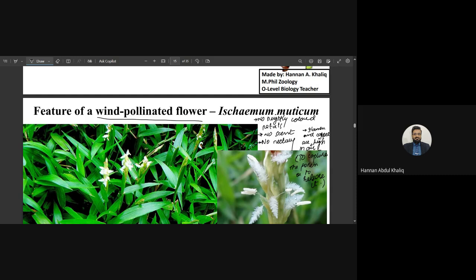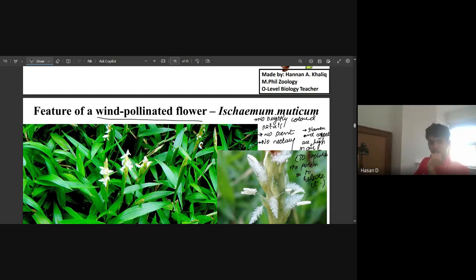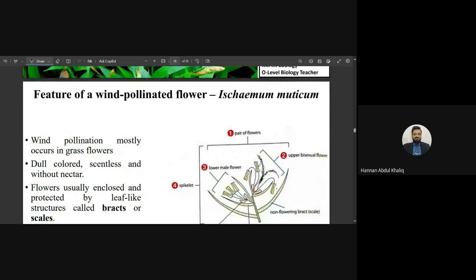To capture the pollen, or to release it, the stamen and carpel, like male and female parts, have to be high in the air. Got it? Okay. A very important thing is that